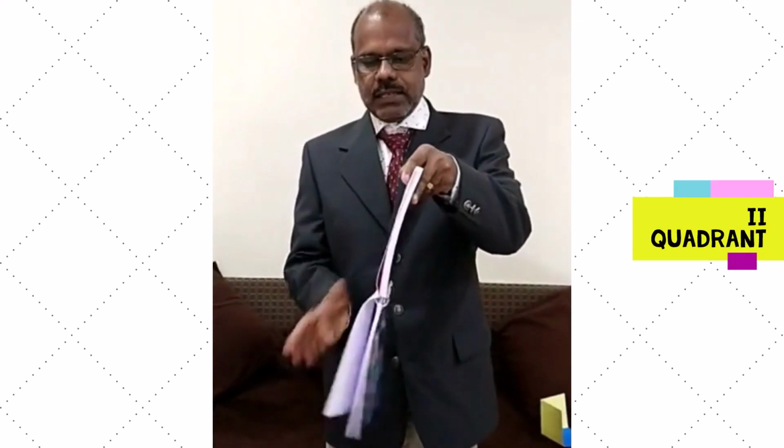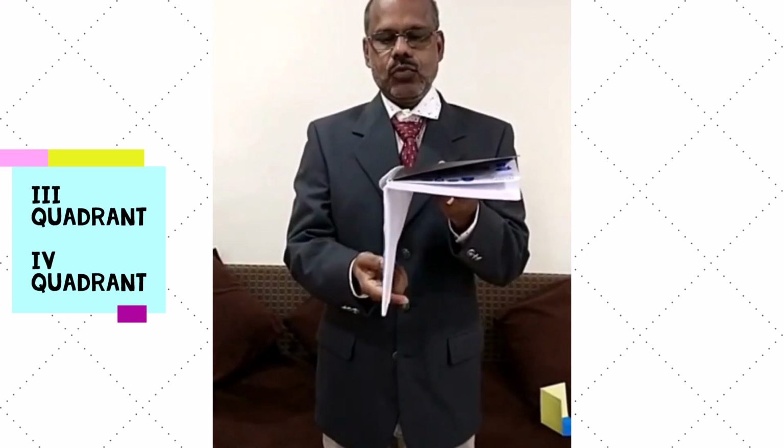So in engineering drawing, the basic is that the space we have, we have to divide into four quadrants. Suppose I use this book for showing the quadrants. This is the first quadrant, then this is the second quadrant, then this is the third quadrant, and this is the fourth quadrant. It means that space is divided into four quadrants, and this way we can show them.